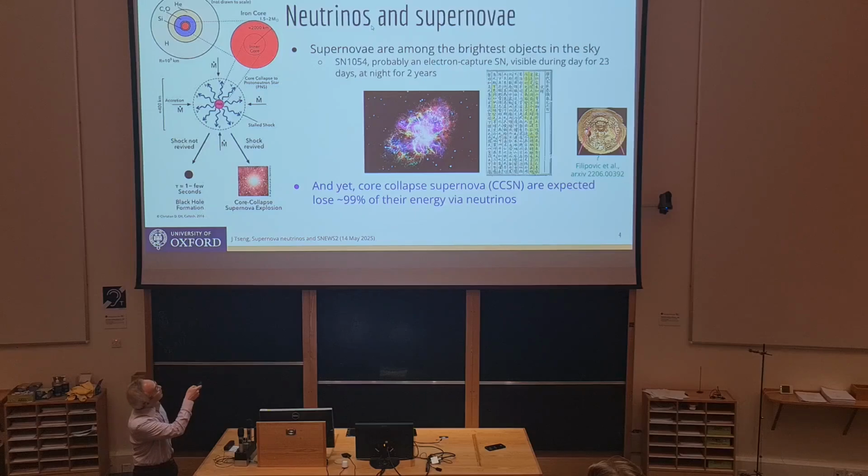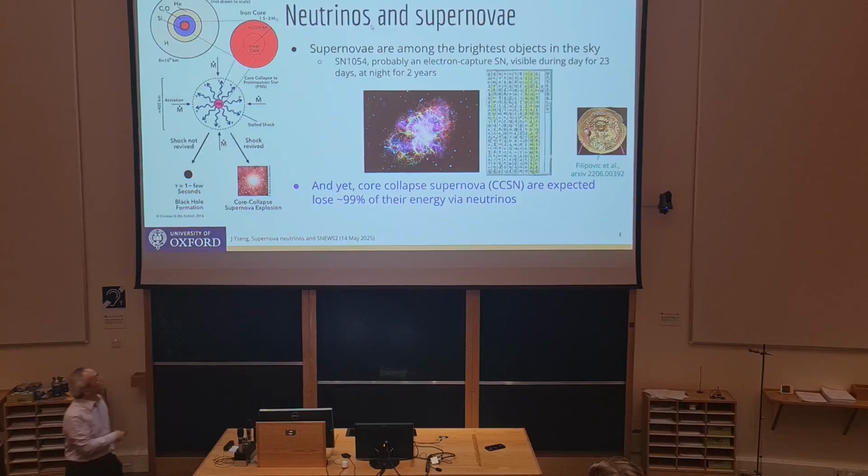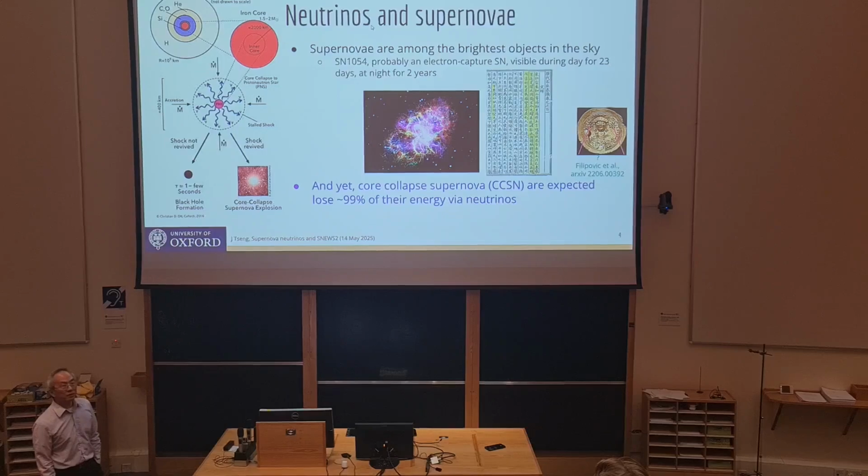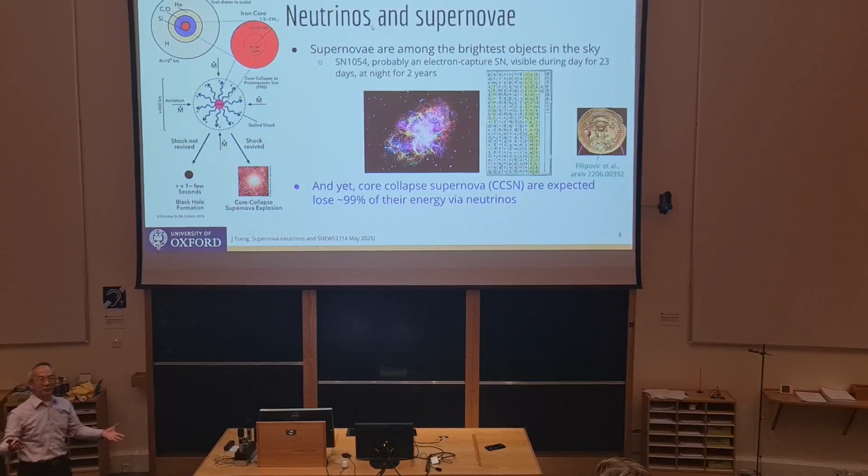Now, as bright as these things are, as I said, visible during the day for 23 days, in spite of the sun being up there, that's actually a tiny fraction of the energy that's released in these events. The core collapse supernova is expected to be driven mostly by neutrinos. So 99% of the energy is emitted in neutrino form, not in terms of visible light. That bright flash in the sky is just a tiny bit of the energy coming out. Now, the process that we're talking about, for this core collapse supernova,